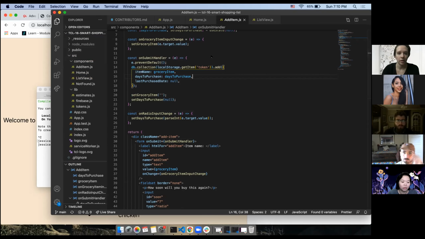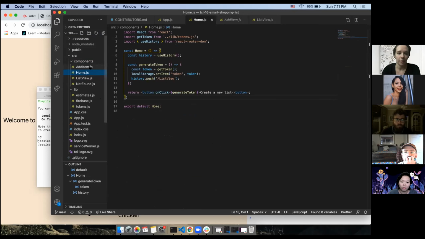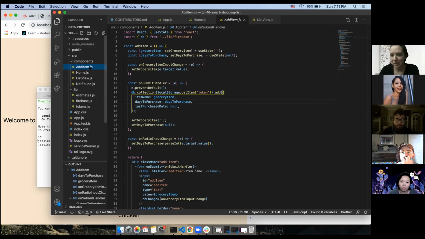Okay, I guess this is it. So we did some refactoring, and we had everything in app last week, so we pulled some things out. So now we have, and I guess some of this was the other group. So I guess I can try to focus on exactly what our portion was, but